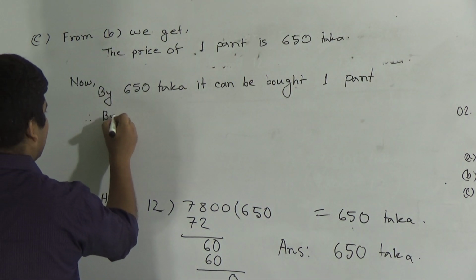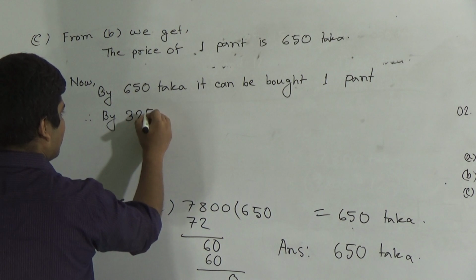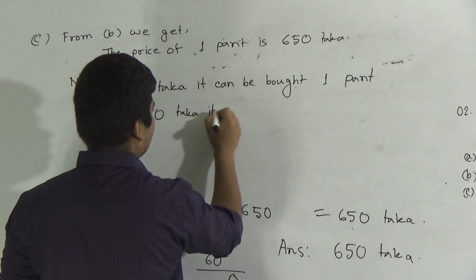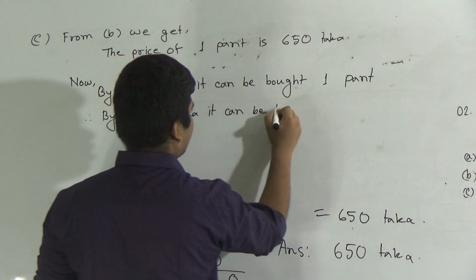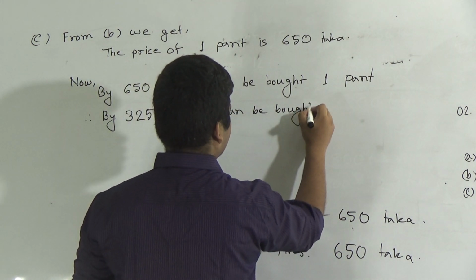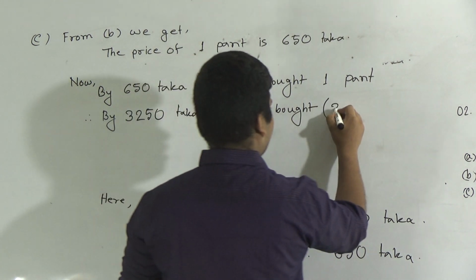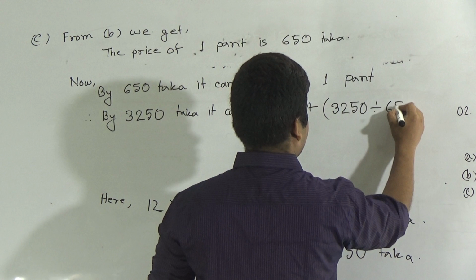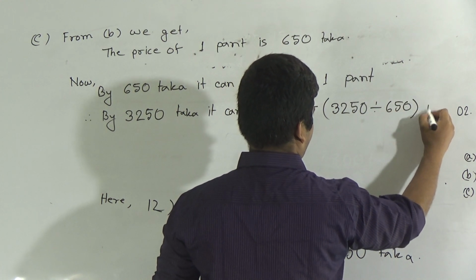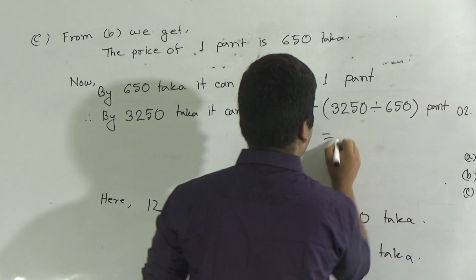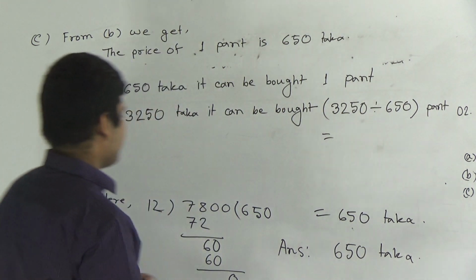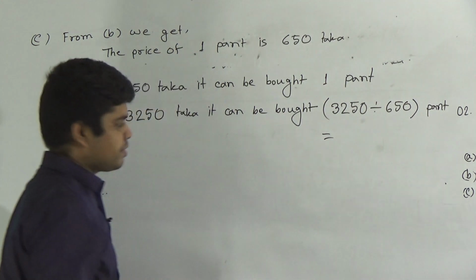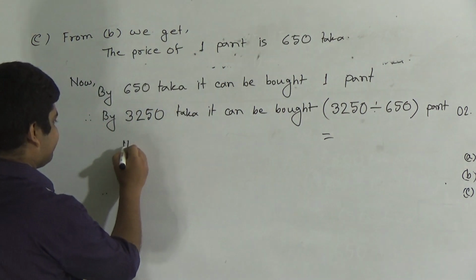Okay, therefore by 3250 taka it can be bought... We divide this 3250 taka by 650 taka and we get the required amount of pants. We want to show this division here. Okay, so write here